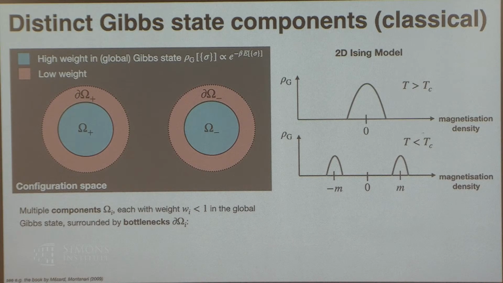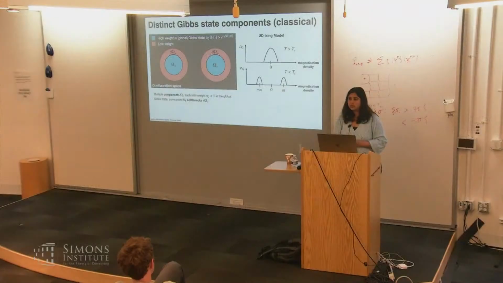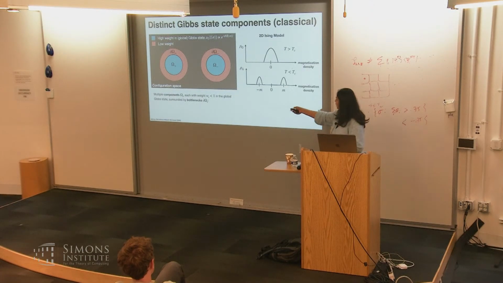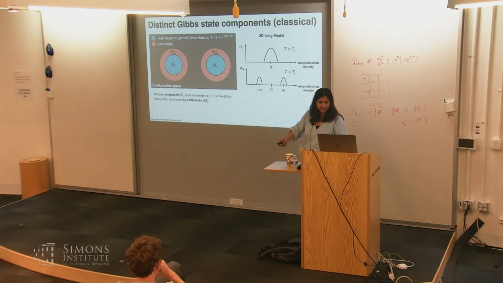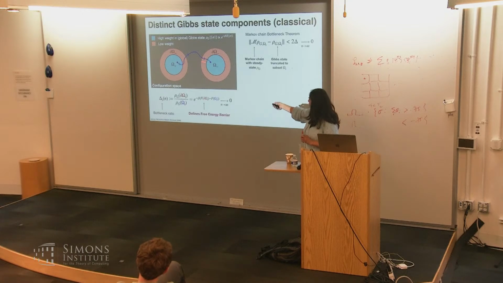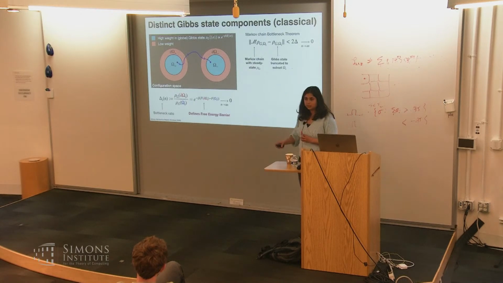Yeah. Do you need sparsity in order to define this bottleneck theorem, or? Yes, I need local dynamics in general, because I shouldn't be able to jump from omega plus to omega minus. If I can jump and not have to go through the bottleneck, then the bottleneck doesn't play any role. So the key point is that if you have local dynamics, which has to pass through the bottleneck in order to go from plus to minus, then you get sensitive to the bottleneck, and then you can preserve this memory.